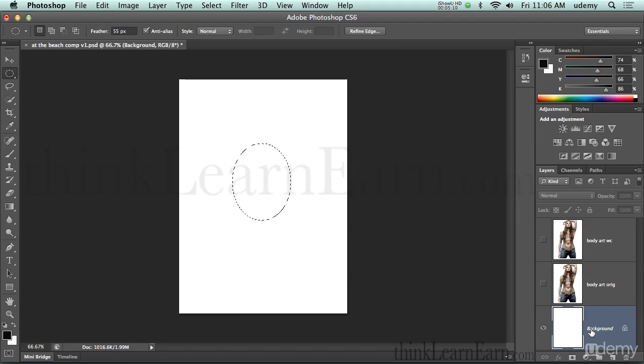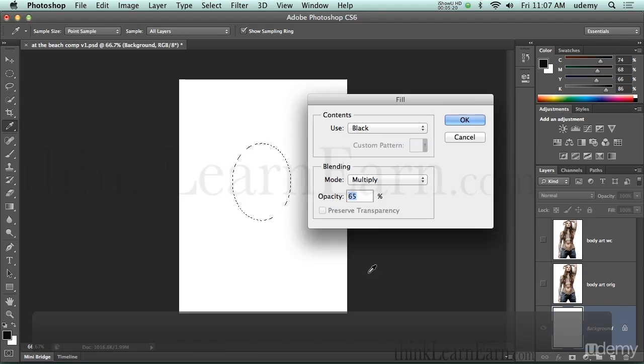Now how do I know it's locked? Well, A, because this is italicized. If it's italicized, it's going to stay locked. B is because I have a padlock here. So again, if you try to hit the delete key right now, it's going to basically bring up this dialog